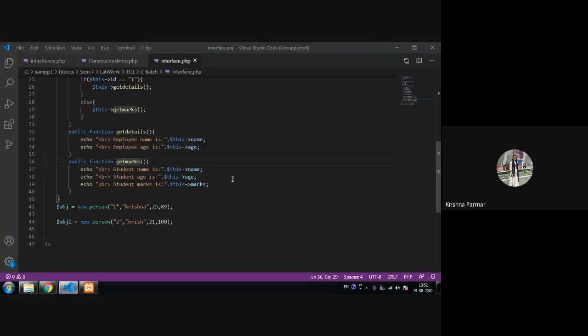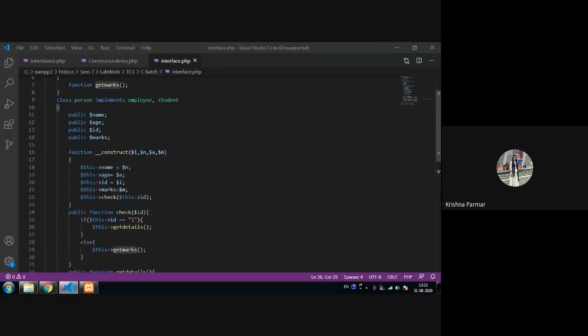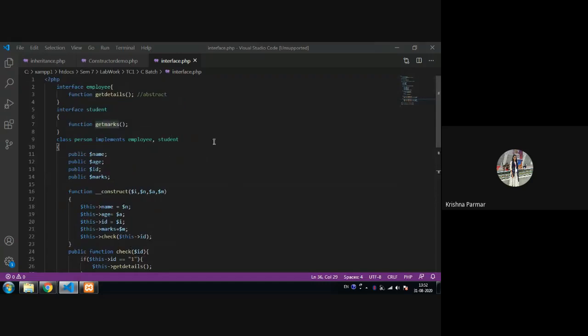Are you getting the whole interface program? Yes or no? Everybody getting the example?